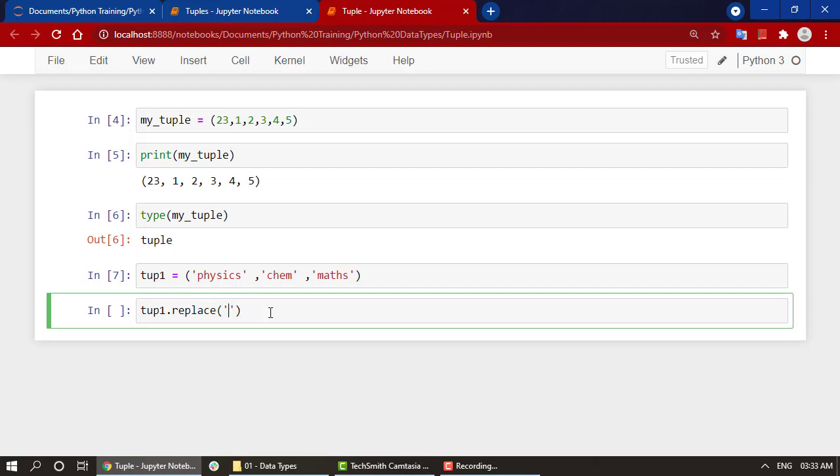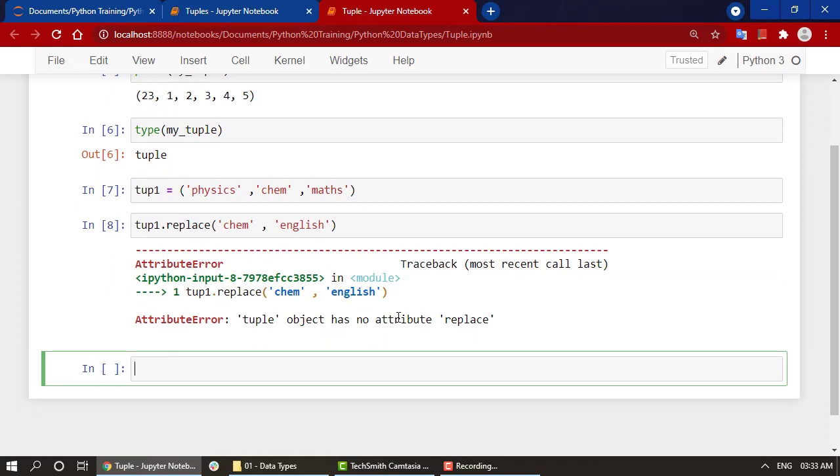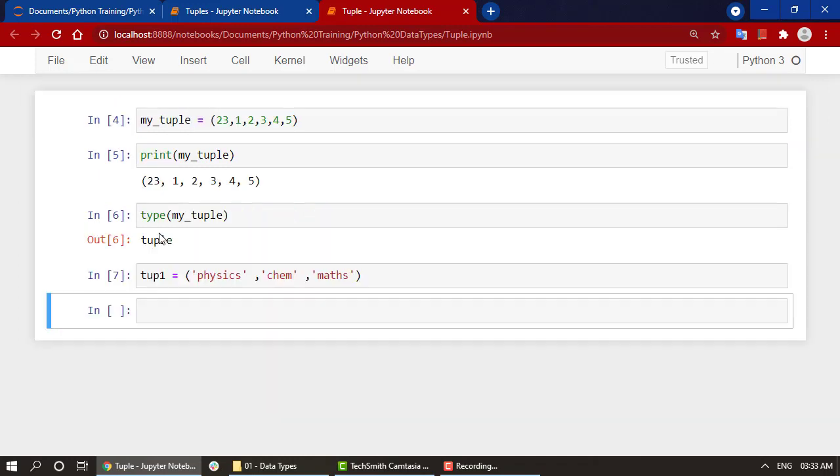I'm going to replace chem with, let's say, English. If I try it out, it says tuple object has no attribute replace, so you cannot replace it. As I told you before, tuples are immutable, so you are very restricted with tuples.